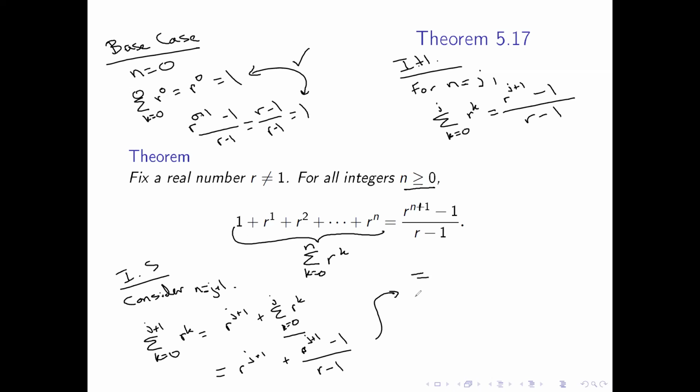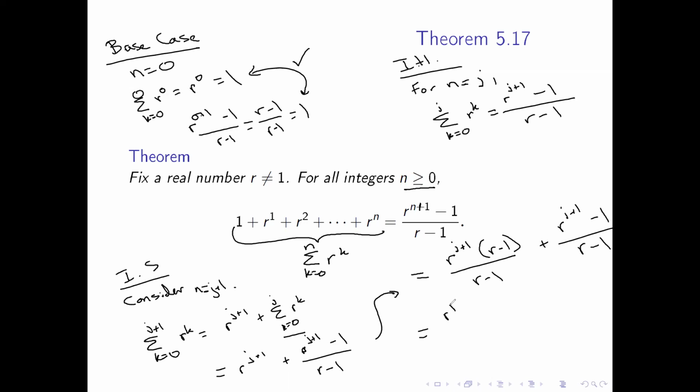Again, hopefully your work's a little more organized, you got more space. And this thing I can write as r to the j plus 1 times r minus 1 over r minus 1 plus r to the j plus 1 minus 1 over r minus 1,